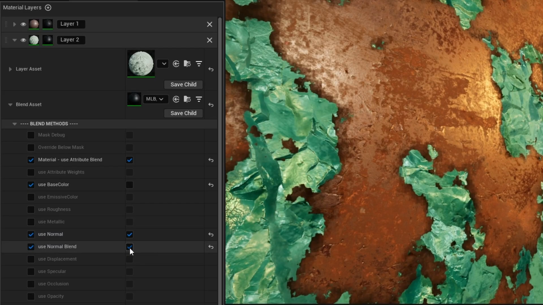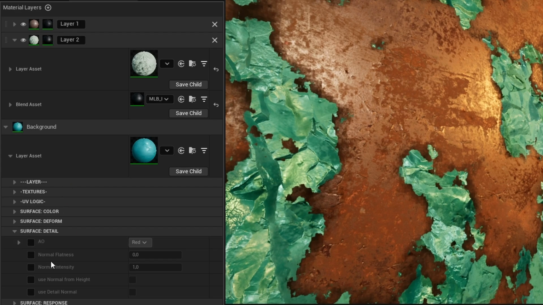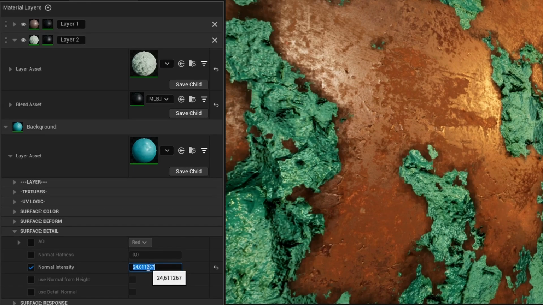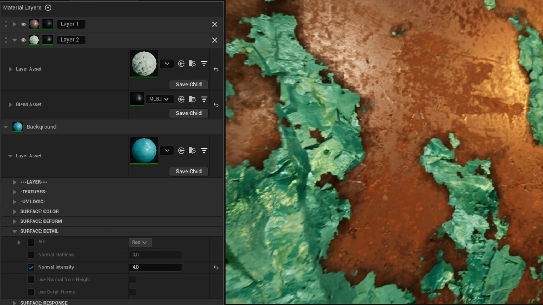Let's see if we can spot the difference, like a little bit subtle information of normal below. We can actually more see it if we increase the normal intensity of the bottom layer. We can increase this. Yeah, so this is the